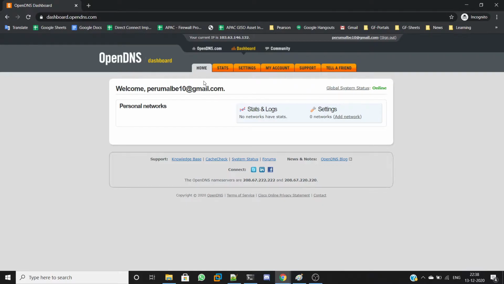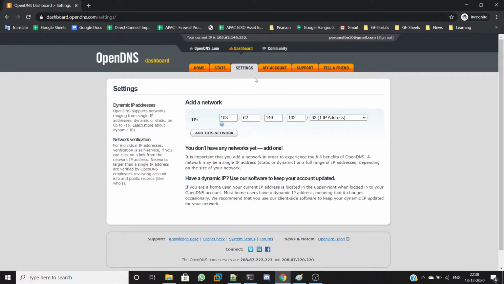So now we need to set the DNS settings. Cisco offers this dashboard for its users completely free. So go to settings, and it is automatically showing my public IP. I'm simply going to add this network.